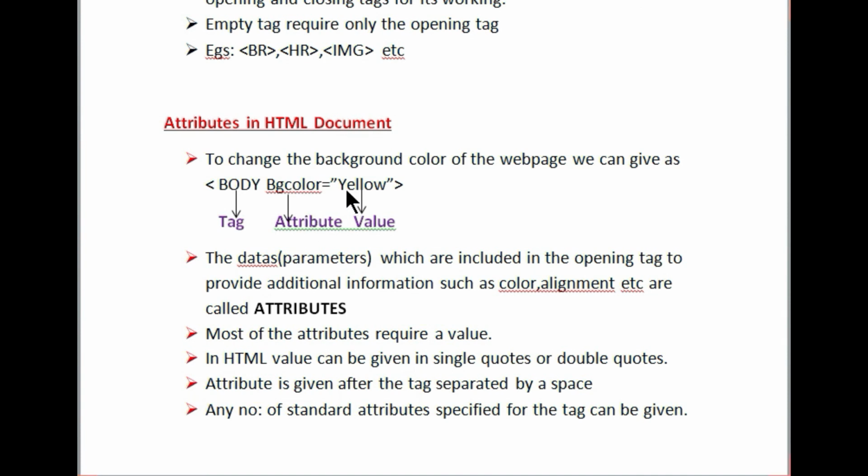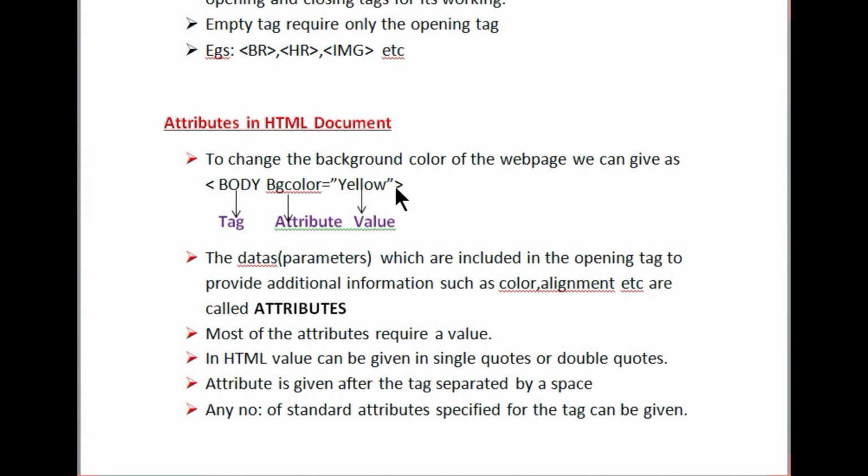Okay. Now these values can be given in double quotes or single quotes. If we are giving yellow in double quotes, it's okay. In the similar way, if we are giving yellow in single quotes, it is also okay. So most of the attributes can be given in double quotes or single quotes. Now more than one attribute can be given for a single tag.